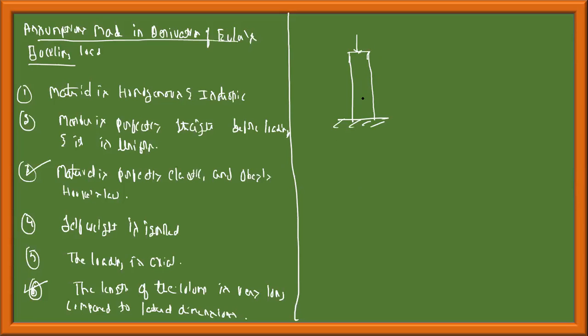When I apply a load, this short column is subjected to compressive stress. Whereas a long column will fail due to buckling, with excessive deformation like this. A short column fails due to the compressive load. It gets compressed and its length decreases, whereas the long column will buckle like this. Okay. Next.